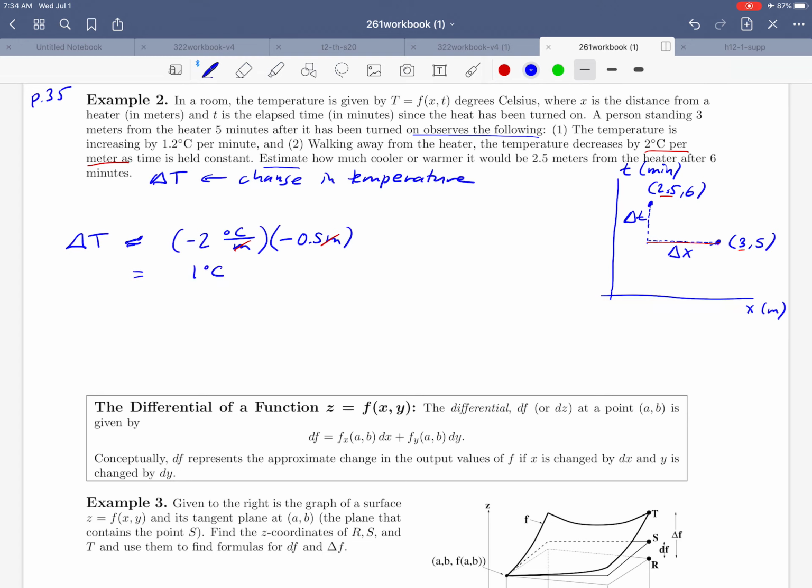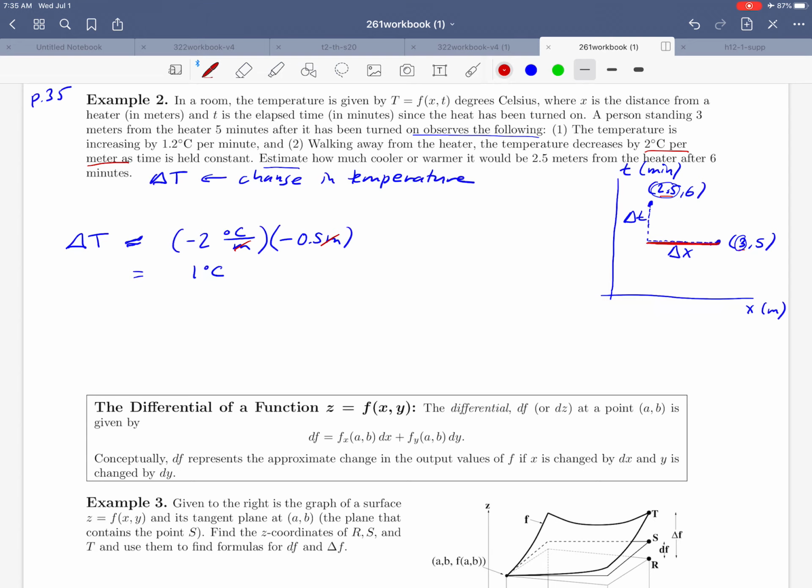If we've done everything right, that would be saying that the temperature should be increasing by 1 degree Celsius. Does that make sense? So if we move from a position of 3 meters from the heater to 2.5, should it get warmer? It should. So getting positive 1 degree Celsius, at least the sign makes sense. So far what we've done is approximated the temperature change as we take that half-meter step closer